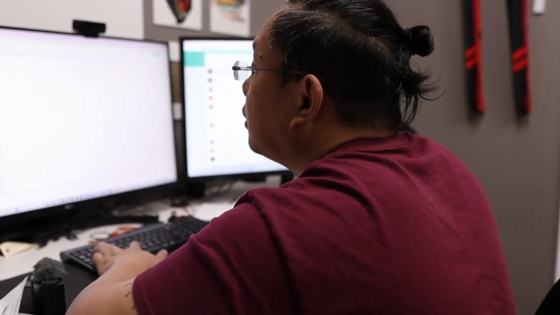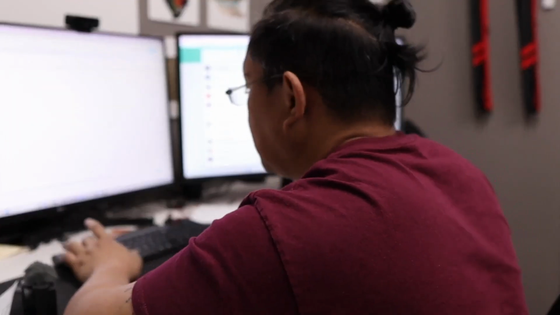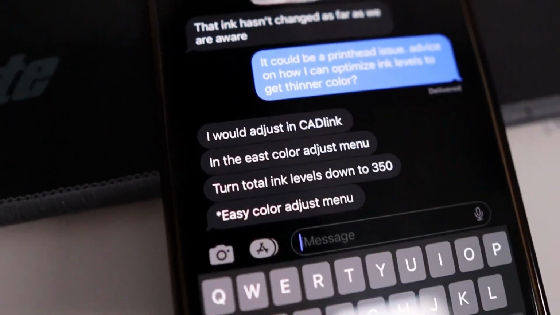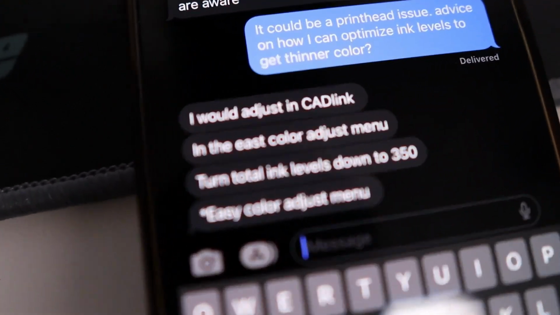Okay, we're done with the print list. We're done with the packing list. Now we're going to do the labels. So we have the shipping labels ready to go. We're just going to send them over to the Dropbox. It's a PDF. So we're currently texting with Josiah from DTF Superstore about our ink issues,